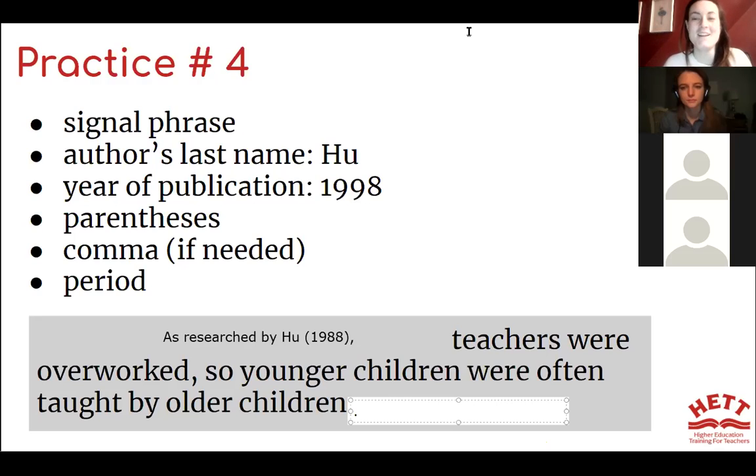So there's lots out there that you can use for signal phrases.